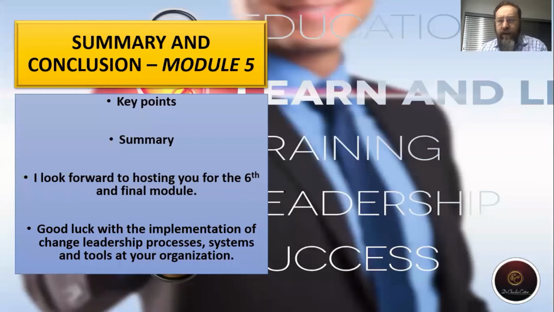So at this point, I would like to summarize and conclude. Again, you'll recall we have 3 learning outcomes with regards to module 5. You'll see we started off with this module by looking at the employee engagement strategies. I asked you to do the diagnosis initially, to measure your current state of organizational engagement, to do the gap analysis, and then also to recommend strategies on how to improve.